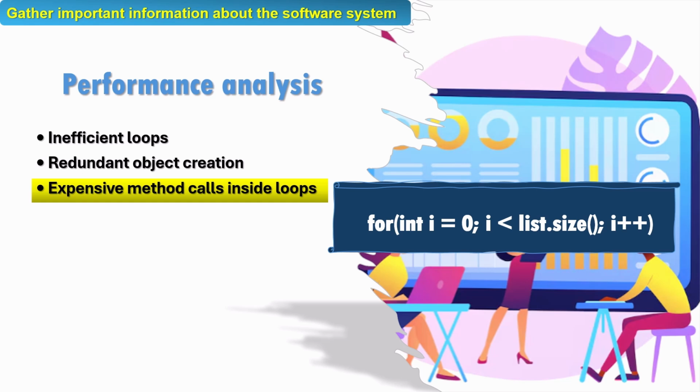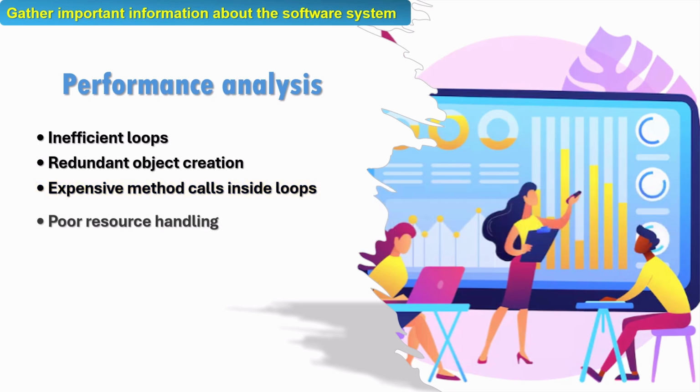So if list.size is computationally expensive, repeatedly calling it inside the loop may reduce the performance. The improved version would store the size in a variable before the loop begins. Poor resource handling is another example. If the database connections or network sockets are not properly closed, system resources may become exhausted, reducing the application performance